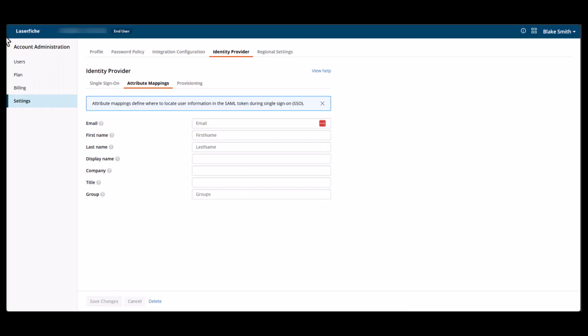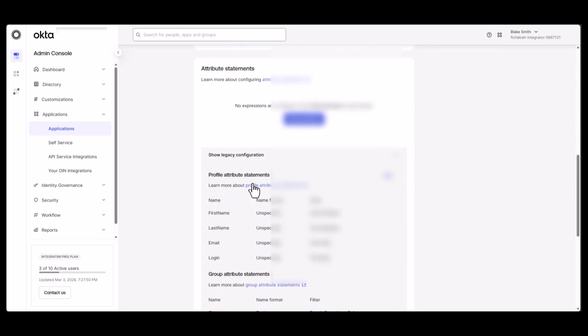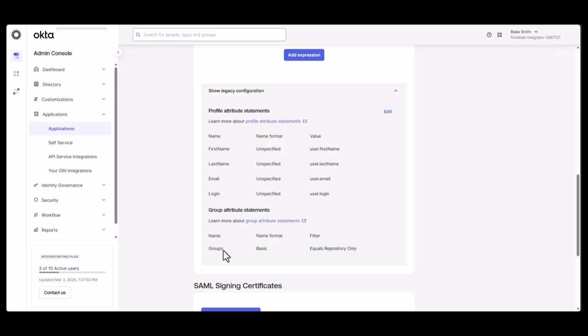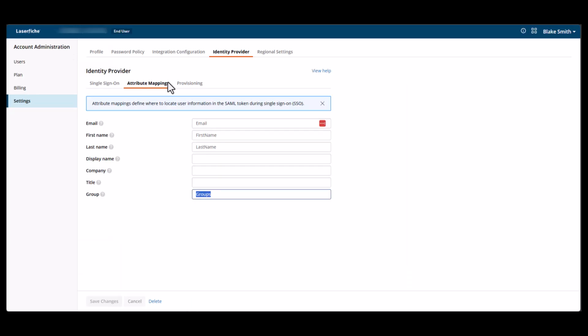So if we come back to Laserfiche Cloud, underneath attribute mappings for the group, you would just name it the same thing. So here I have groups, right? And that's what I named this group attribute. So you want those to match. Okay, so once you have that,